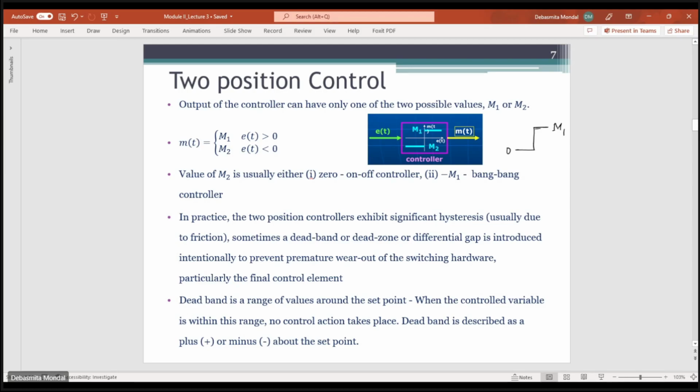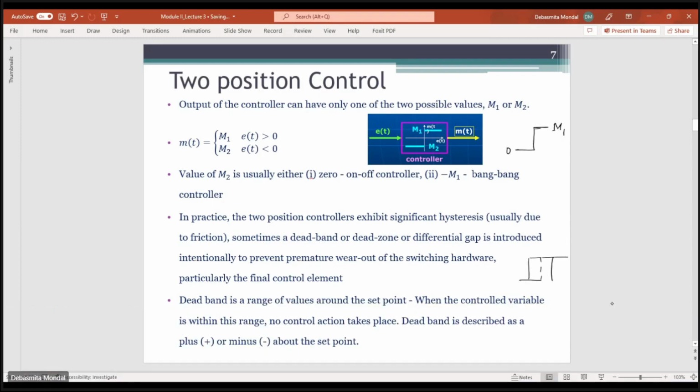So from a mechanical point of view or from a financial point of view, you can say that the valve will stop acting properly after a few months, let's say. So in order to improve the lifetime of the switching hardware which is present in the final control element, we are intentionally introducing some dead band. Dead band is basically defined as a range or a value around the set point, so that when you have a control variable in that range,